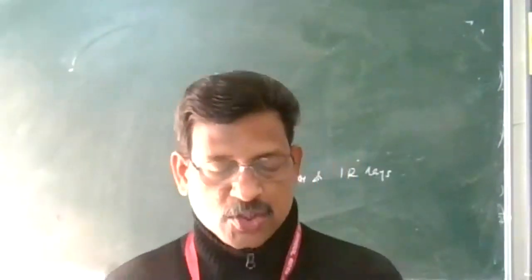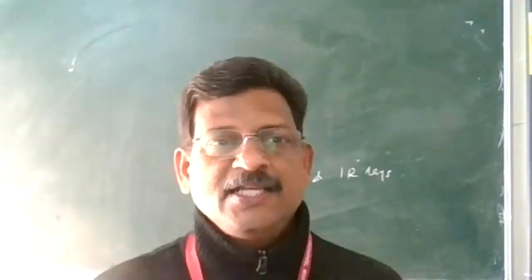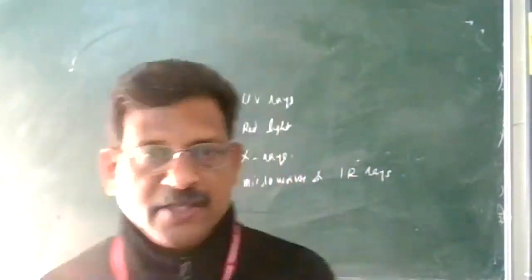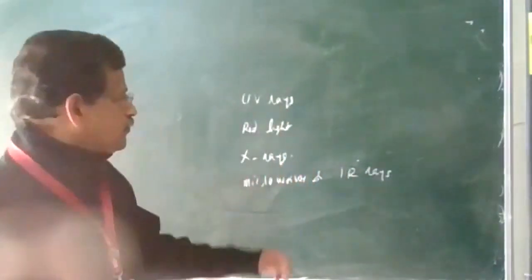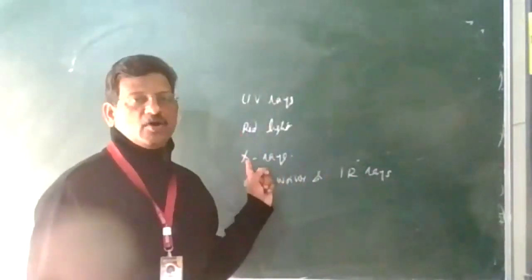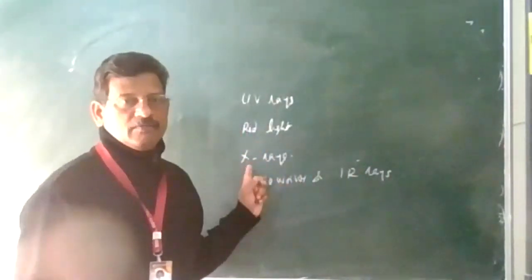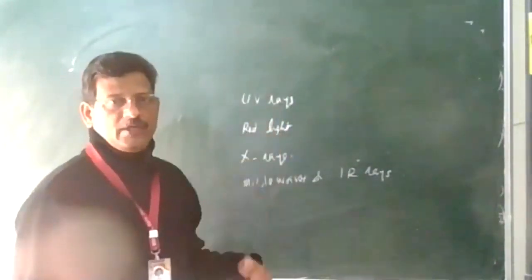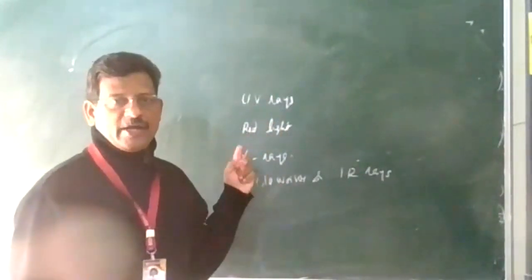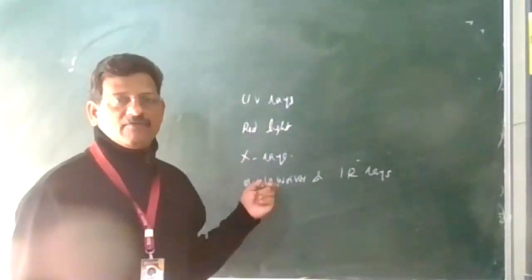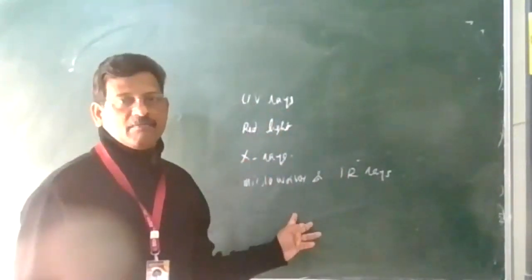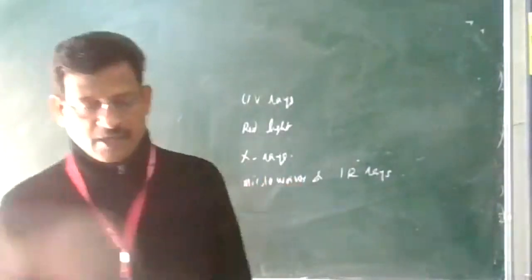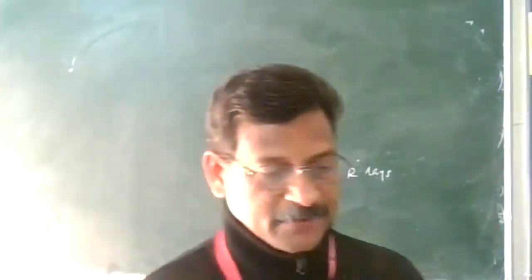Okay. So we have to write in the ascending order, increasing order of their wavelength. So we start with the minimum, going from minimum to maximum. So first will be X-rays. Then we go for UV. Then red. Then after that we will write IR. Then microwave. So this will go on. So you can arrange in ascending or descending order of the wavelength. So these are the parts here.